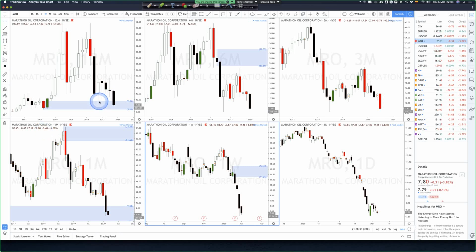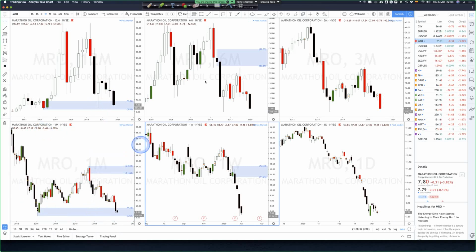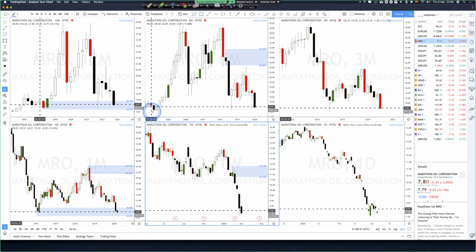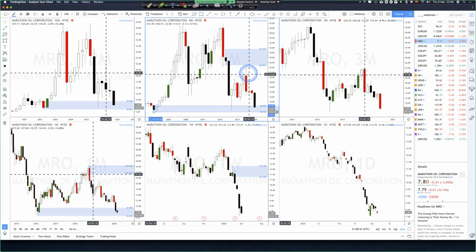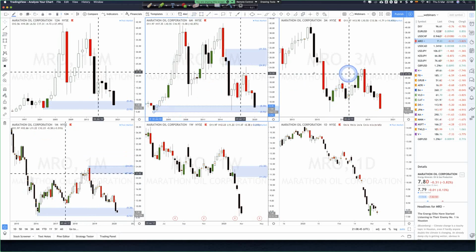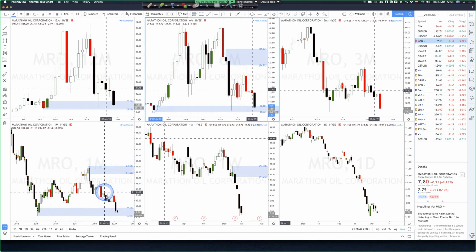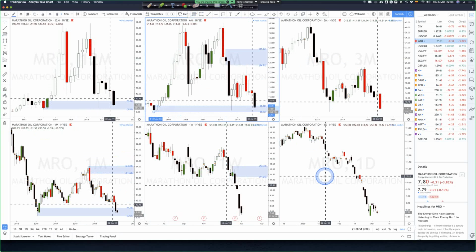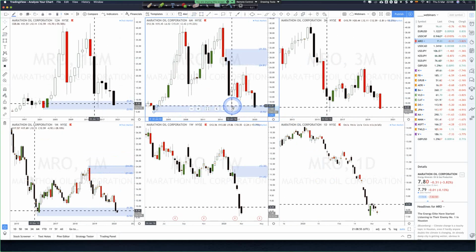Tested area of demand, tested area here on the 6 months as well at the bottom, which I didn't draw. Expecting bigger penetration, new bearish engulfing patterns being created on the 6 months, 3 months, monthly, a strong area of supply on the weekly, etc. Going short is the way to go, even though this area of demand has been tested. Not only